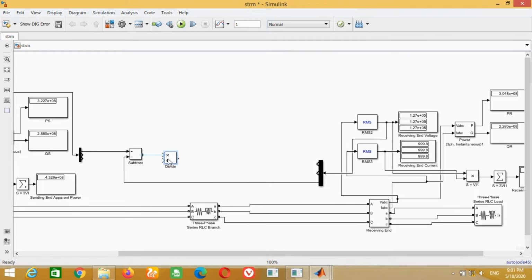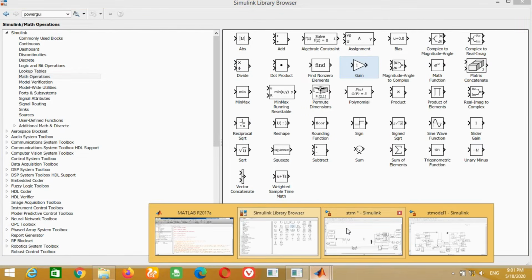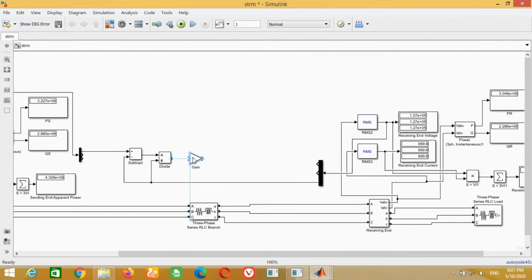Now we use a divide block, and to multiply it with 100 we need a gain block. Put the value of the gain from 1 to 100.